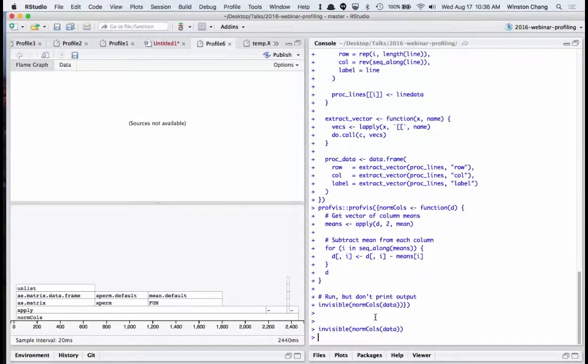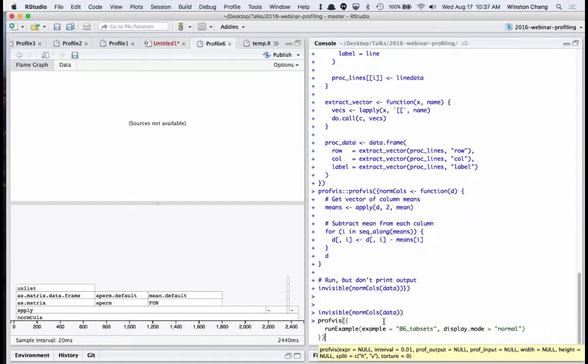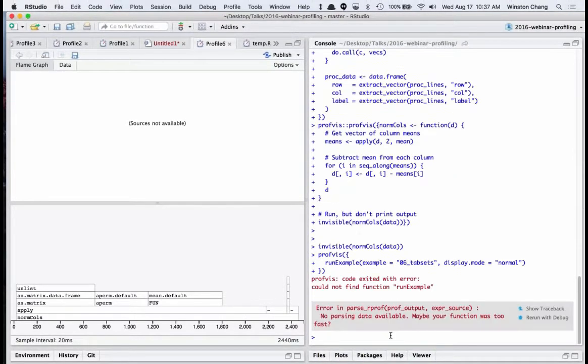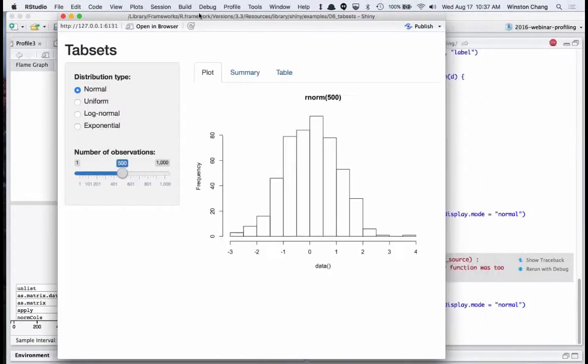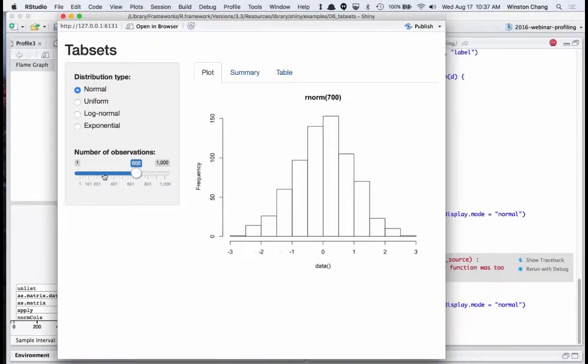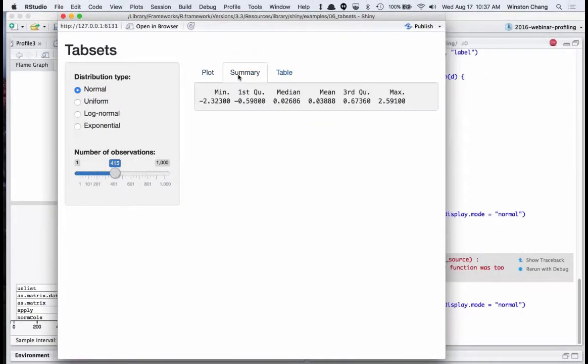Let's see, RStudio. Okay, so I'm just using run example to run one of the built-in Shiny examples. Nope, not very Shiny. Let's do that. Okay, so this is our tab sets example. Move the slider around a few times. Summary. Okay. And then when I close the Shiny app,